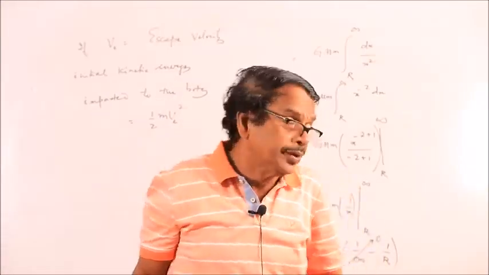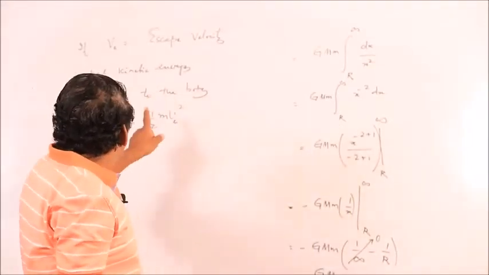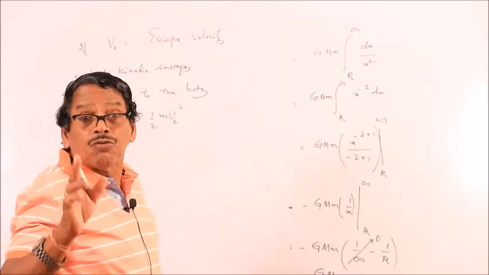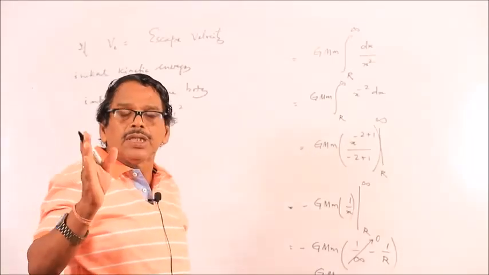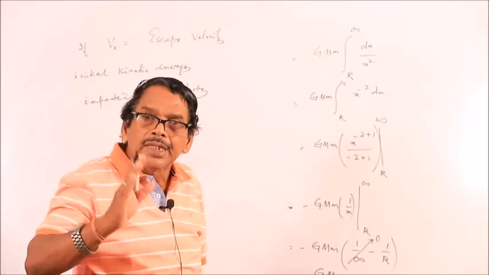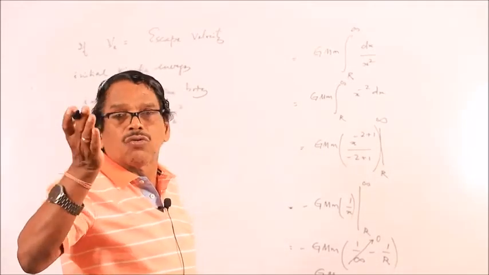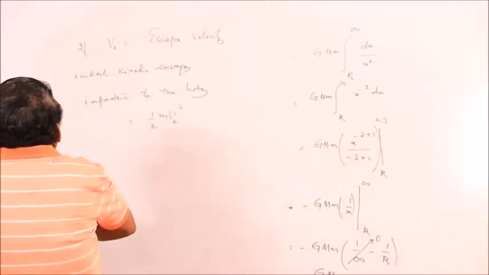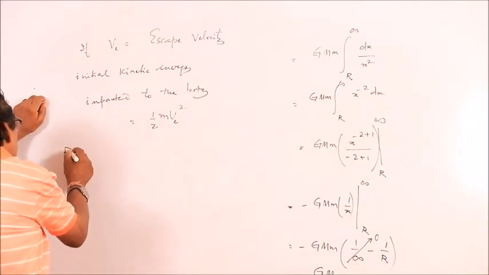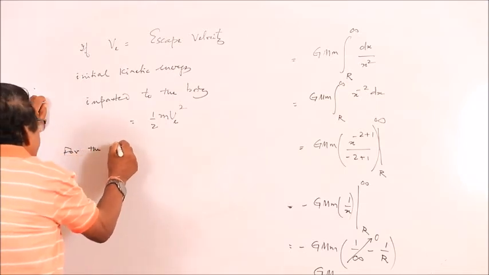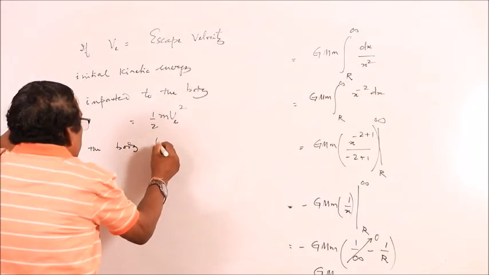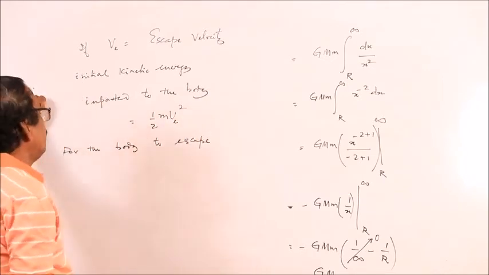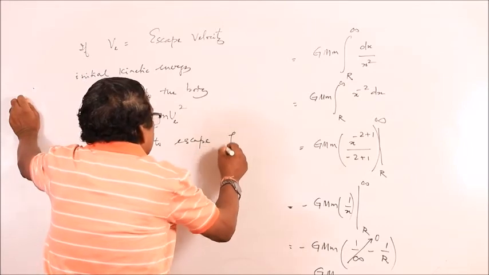If this much is equal to this, the body will be able to do work up to infinity. If the body is able to do work up to infinity, then it will go to infinity. When it goes to infinity, there is no question of coming back. So, for the body to escape forever,